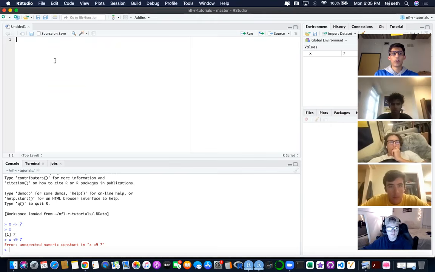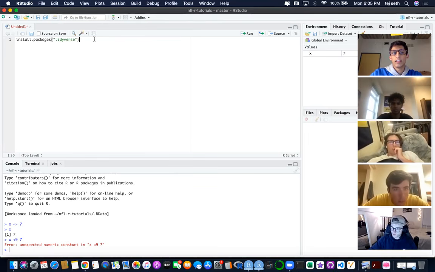So when you open the script, usually the first thing that I do is load my libraries. But if this is your first time with RStudio, you need to install a lot of these packages. So how we do that is we can type out install.packages, and then tidyverse is the main one to install. It has all the different functions that we're going to use to analyze data and stuff like that. So if you type out install.packages tidyverse,